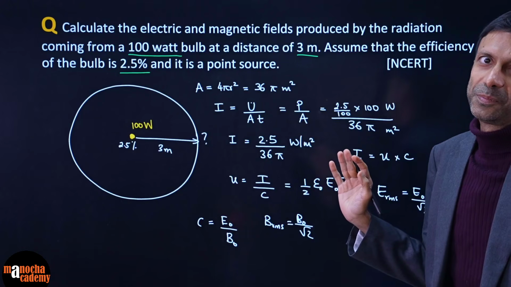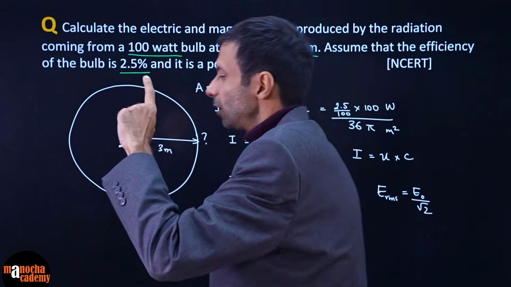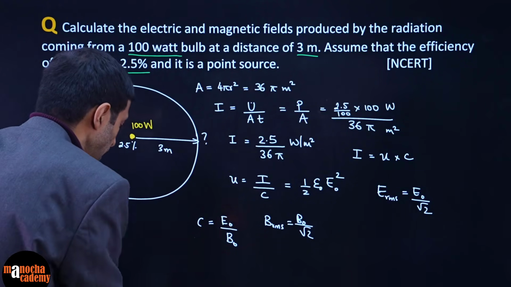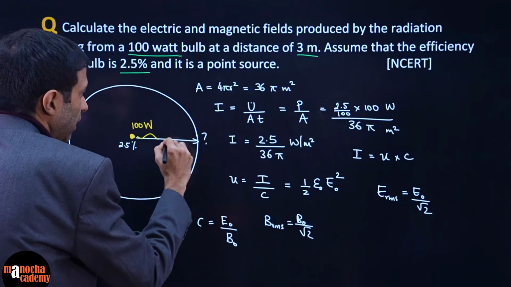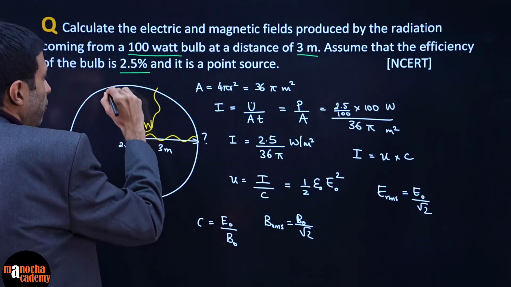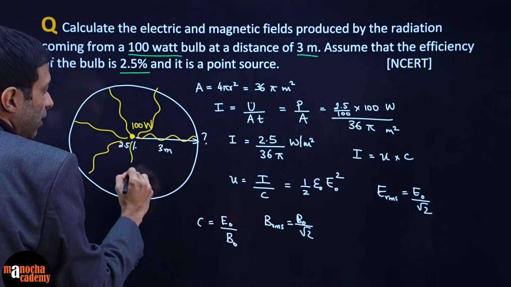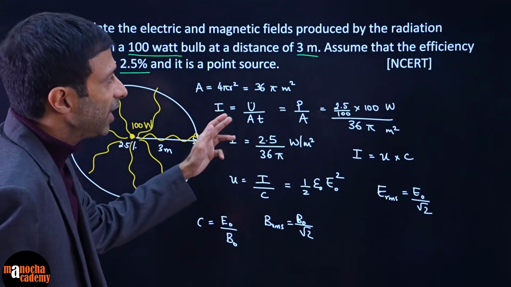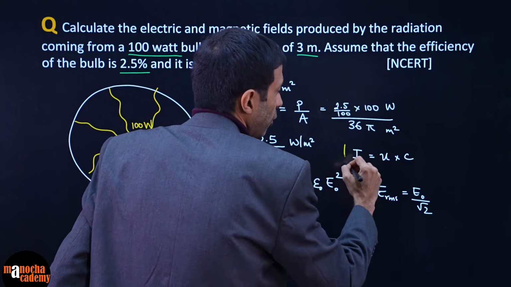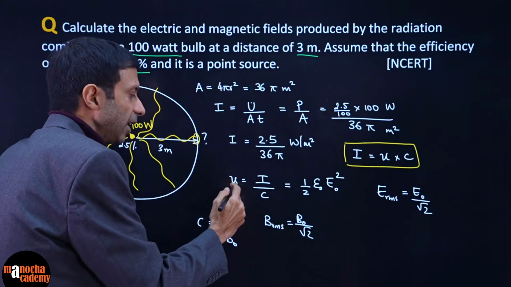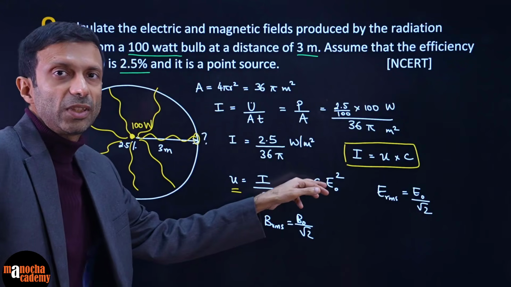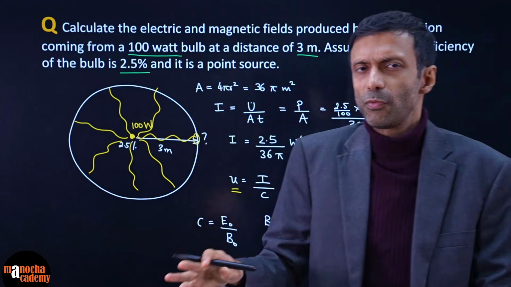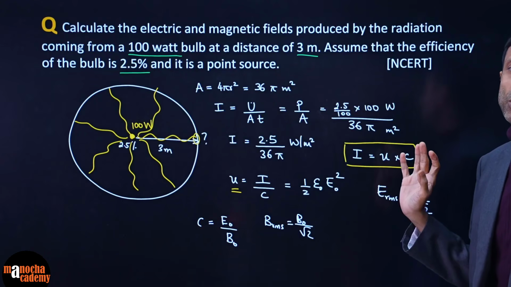Isn't this a beautiful question? Okay, so take a look, what did we do? We started with intensity because we had to take at a specific distance and the wave is spreading all around. It is going here, it is going here, it is going everywhere, right? So I have to take the concept of intensity per unit area. So I did that, got the value, then I used this important formula, U times C, and then I worked out, because U I can associate with energy density, and I can associate it with electric field maximum value or RMS value, whichever formula you use, the correct formula, and substitute that.